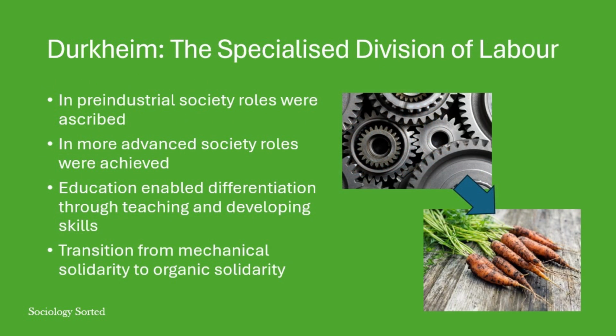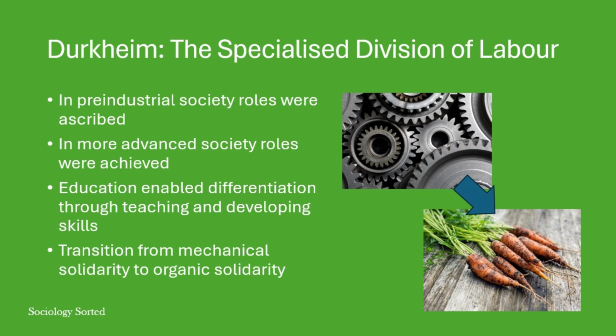Durkheim and other functionalists also focused on how education serves the needs of the economy. Durkheim highlighted this in what he referred to as the specialized division of labor. He argued that in pre-industrial societies, such as medieval Britain, what you did in adult life was largely determined by your birth. There was no such thing as school. Consequently, if you were born into a family of woodcutters, it would be fairly likely that you would end up becoming a woodcutter, because that was all you knew. So being a woodcutter was what we refer to as an ascribed role. You were born into it.